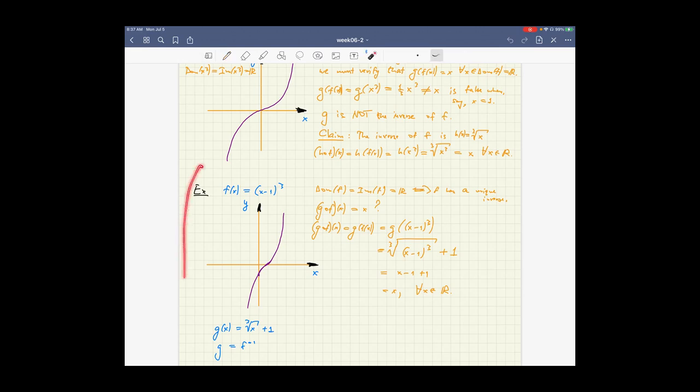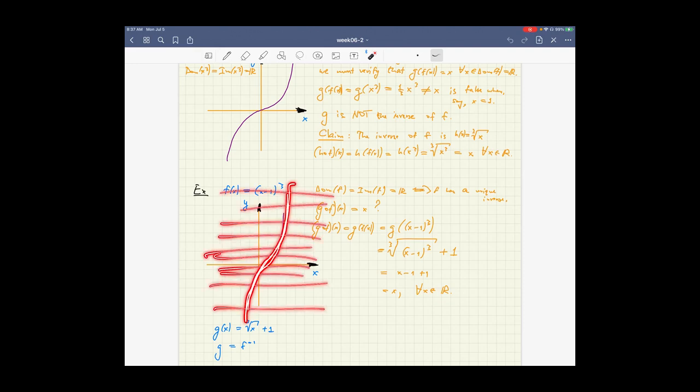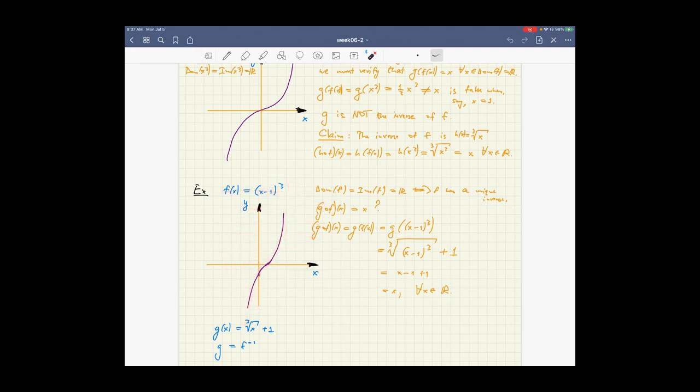In this last example, the original function f was (x minus 1) raised to power 3. As we explained, this function is bijective, meaning it is injective. It passes the horizontal line test. And it is certainly surjective because the image of this function is the entire